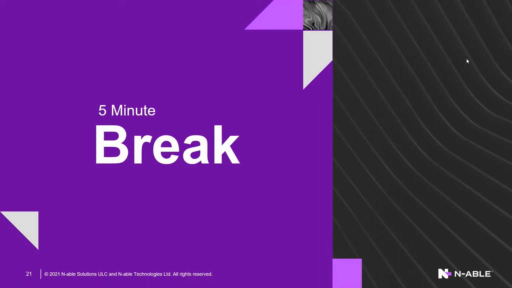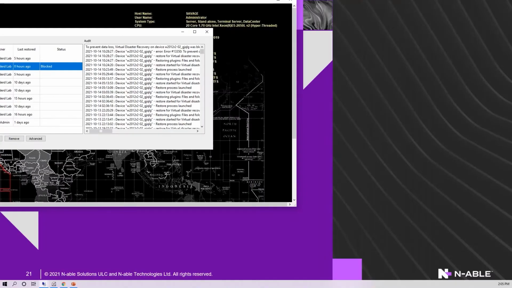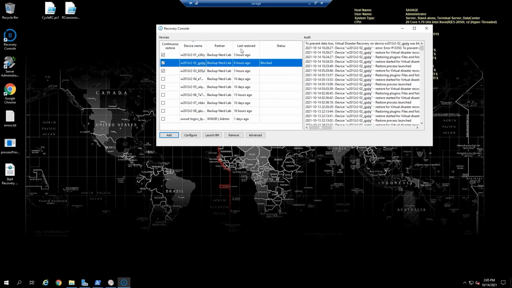Now, it doesn't mean we didn't do some stuff beforehand. So let me show you how we got to that point, all the planning and preparation that went into making that recovery console do what you needed. So we're going to flip back into that environment. So we can see here